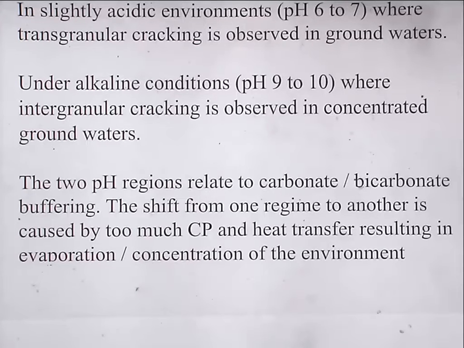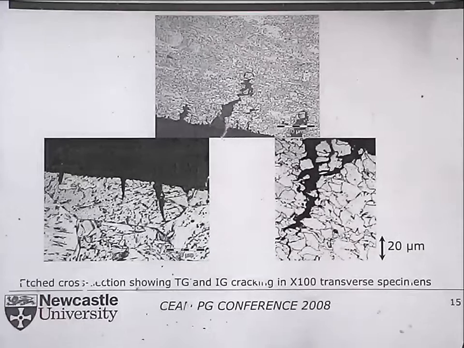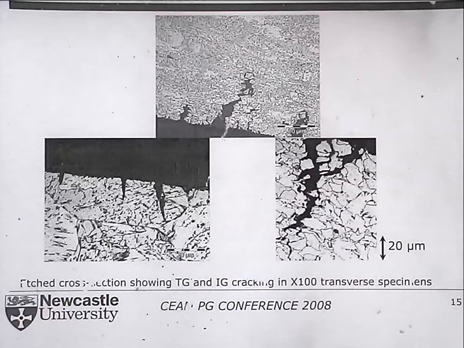And the same steel, this is the transgranular version. Admittedly, these cracks aren't very long, but this is one grain, and the cracks are growing through the middle of the grain. They're not travelling down the grain boundary. So it's possible to get transgranular cracking and intergranular cracking in the same steel, and the variation of that is because the environment is somewhat different. And when I say environment, that can be the solution, but it can also be the potential on the specimen.